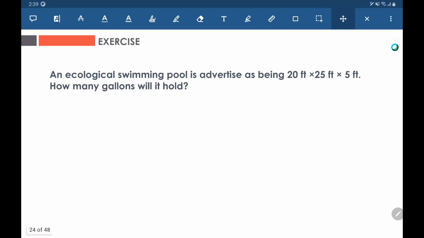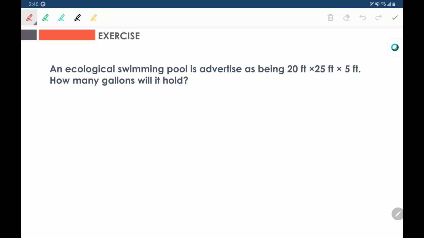Now let's try another exercise. This ecological swimming pool is advertised as being 20 feet by 25 feet by 5 feet. How many gallons will it hold? Okay, from this question, this value means the volume of the swimming pool. They ask you how many gallons, it means they ask you the capacity. Then the swimming pool capacity